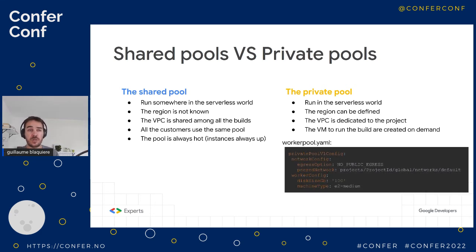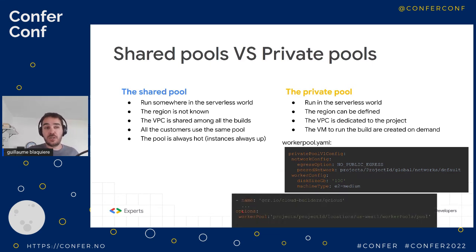How to use it? In fact, you have to define a worker pool like that. You can allow or not the access to the public internet. You can define the peering, and I will talk about that just after, and also the type of machine and disk to use. Again, the disks are only to run the pipeline. It's not persistent. It's only at runtime space dedicated to your code and to your packages in your application. When you run a pipeline with Cloud Build, you have an option to use a worker pool and to define your worker pool created just before.